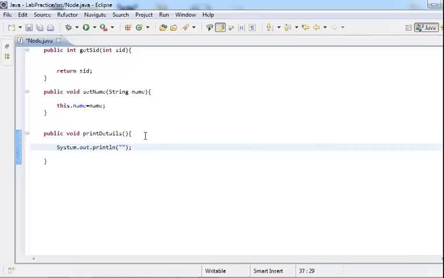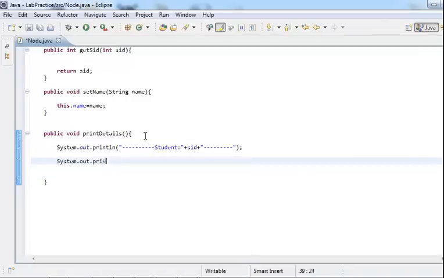We're just going to put something like this, concatenated with the SID, then added with some kind of decoration, so that whenever we print all the students, we're going to have it, right? So the student, the SID, and just going to print out all the detail,